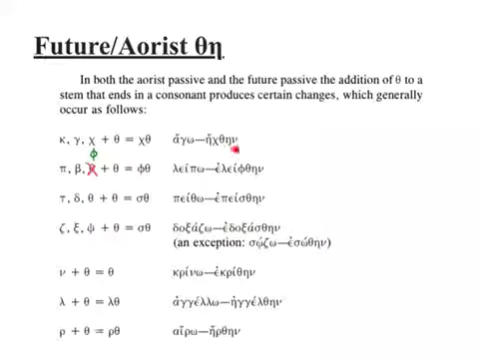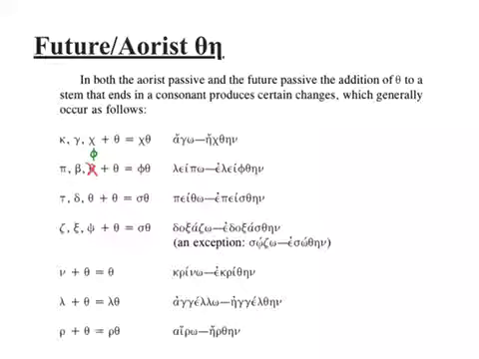If you're able to recognize that this is a passive, you'll know that it has the epsilon, or if it begins with a vowel, it'll lengthen, like the alpha turns into eta. And so it has the past time morpheme there, and it has the secondary person number suffix tenses, nu sigma nun, those, it's going to be the aorist.